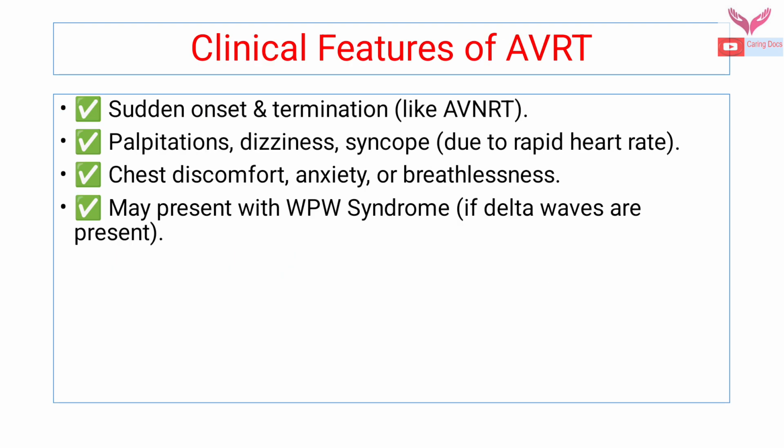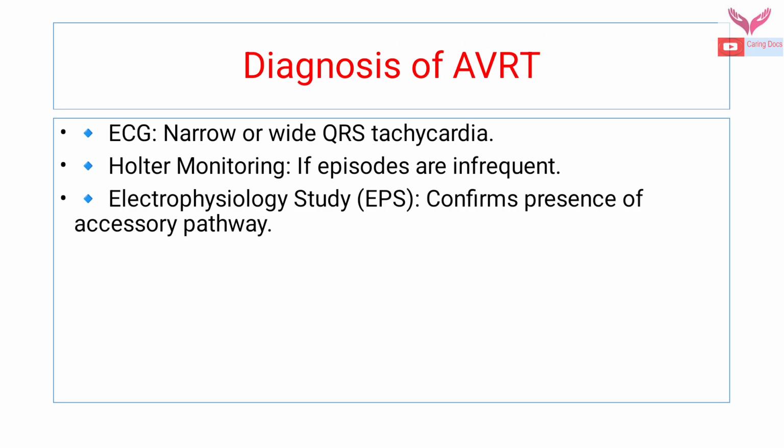of the ventricles. The clinical features of the AVRT are sudden onset and termination, like AVNRT. Patient may have palpitation, dizziness, syncope due to rapid heart rate, chest discomfort, anxiety, breathlessness can be seen. Patient may present with WPW syndrome if delta waves are present. Diagnosis of the AVRT: in ECG, we see narrow or wide QRS tachycardia. Holter monitoring if patients have infrequent episodes,